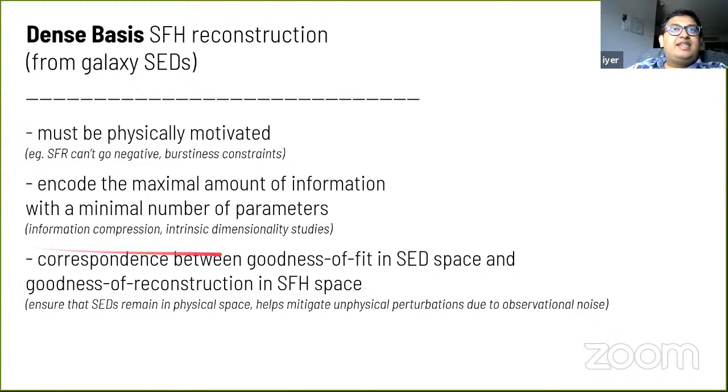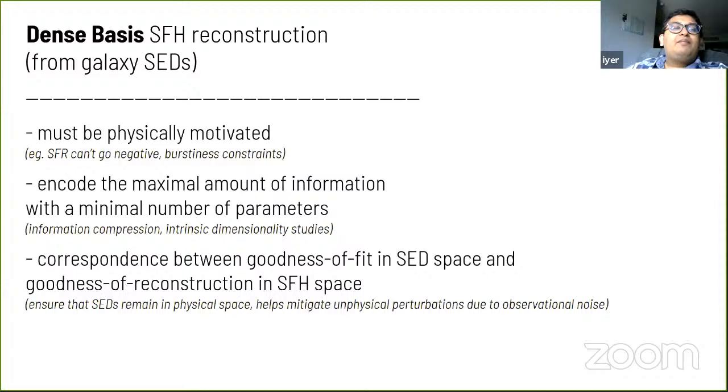And this third point is key because it becomes the basis for all the validation tests we do, where we try to, at every point of building this method, figure out if the star formation histories that we are recovering are actually a good representation of star formation histories as they are. And to do this, we ground truth these methods using simulations. So we take simulations, we make mock observations for different simulations, we fit all of them to see if the star formation histories are recovered well or not.